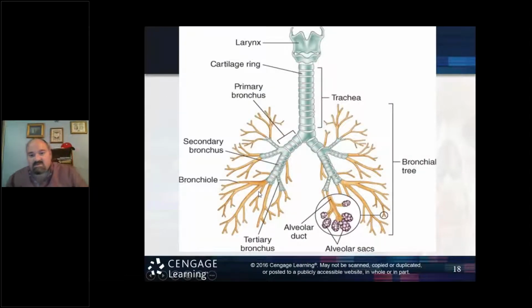So here, just as a review, you're seeing that we have the larynx, the voice box, and here would be the thyroid cartilage, here would be the cricoid cartilage. Then we have the tracheal rings. Then we have the primary bronchi, right here and right here, right and left. We have secondary bronchi. Then we have tertiary bronchi, okay? So here we have the tertiary bronchi, sending air to the different sections of the